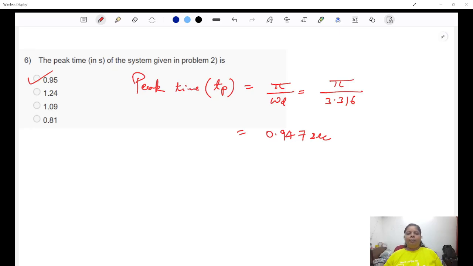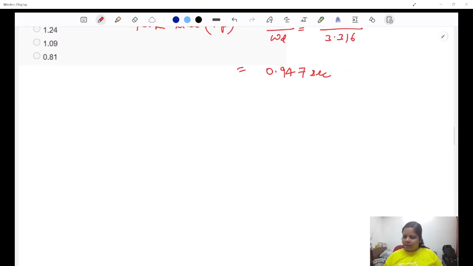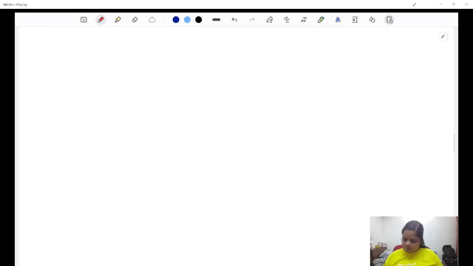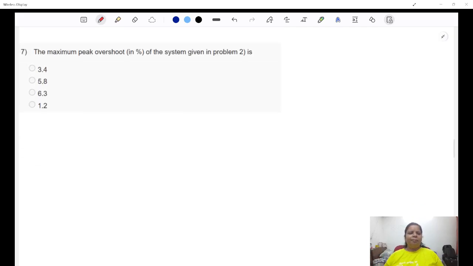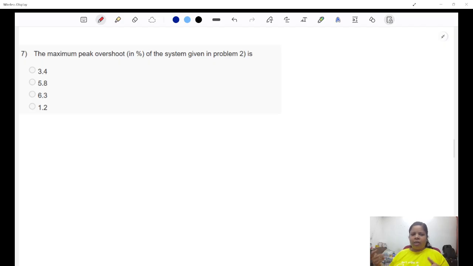But yeah, do remember these formulas. These are important ones, okay? Don't miss them. You'll get the questions directly from here in the exam also, I believe. Because this is very simple, right? If you go wrong with the formula, you'll lose marks like this also. And this is very important, okay? Let's move to maximum peak overshoot.